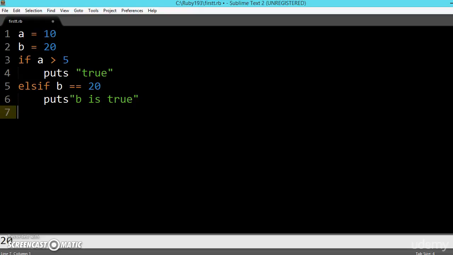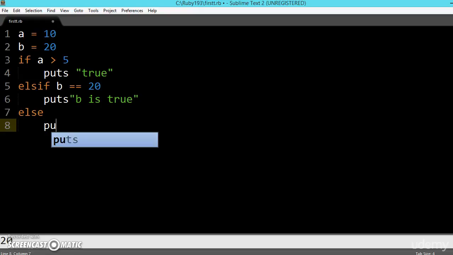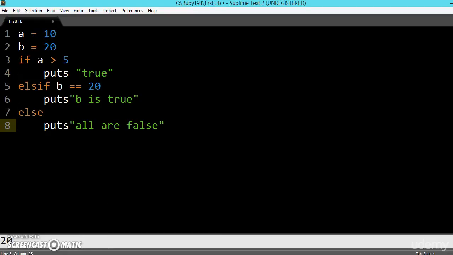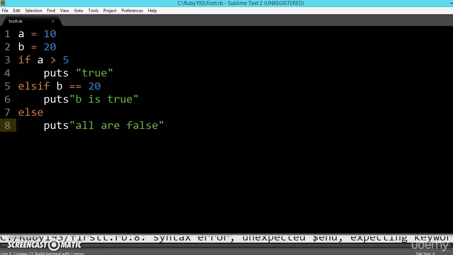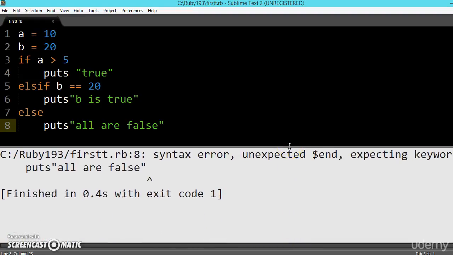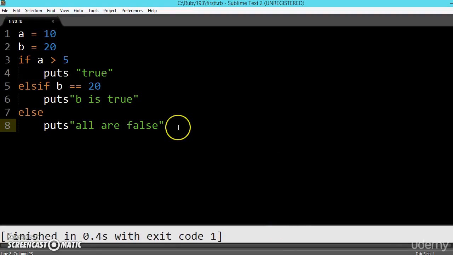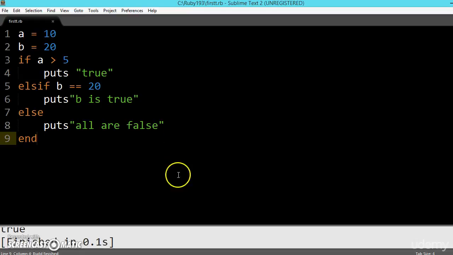And now let us write else. Else means if both the conditions are false, all are false. Now let us save it, execute it. So let us see the output. One more syntax error. Whenever you are using if, we should always end it. Now if you run it,